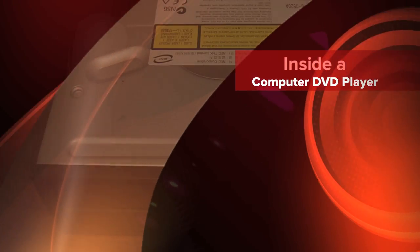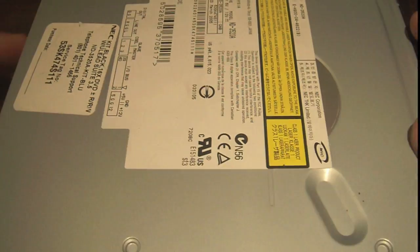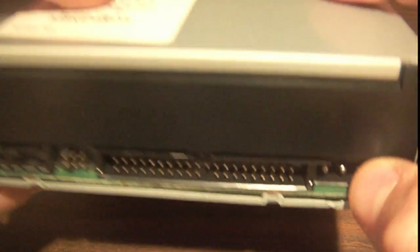Hey guys, I'm back. So today, I'm going to be doing the ever popular now teardown videos of something. Today it's going to be one of these computer DVD, DVD, read-write CD things that has the typical computer connectors on the back, the Molex power connector,